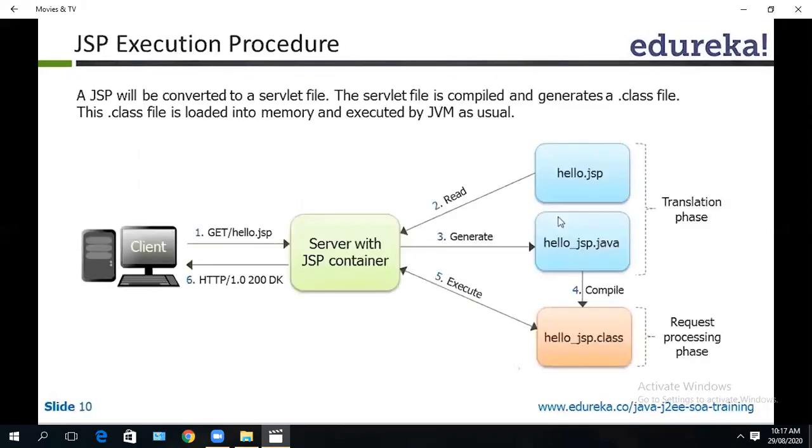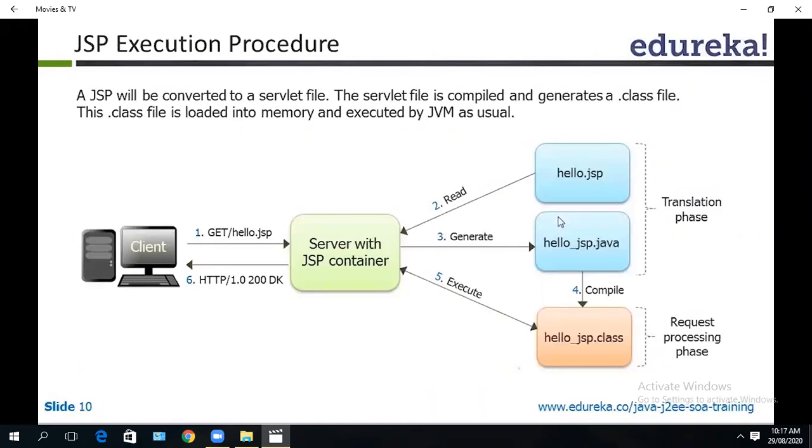Now let's look at how exactly JSP gets compiled. What is a JSP file and what happens when you compile it? I will develop a file called hello.jsp. If I compile the JSP, there is a JSP compiler which generates a servlet file for me.